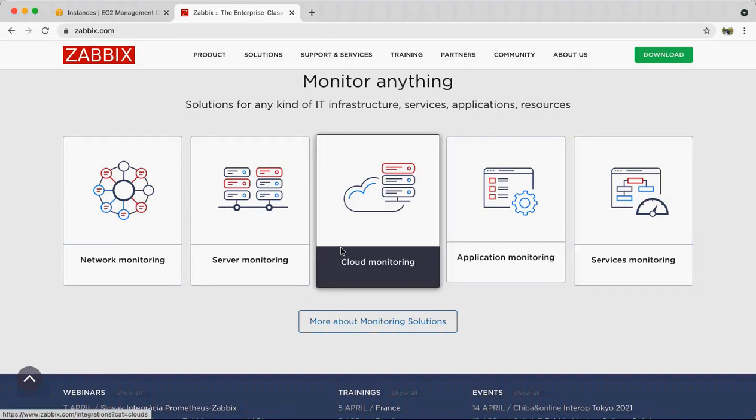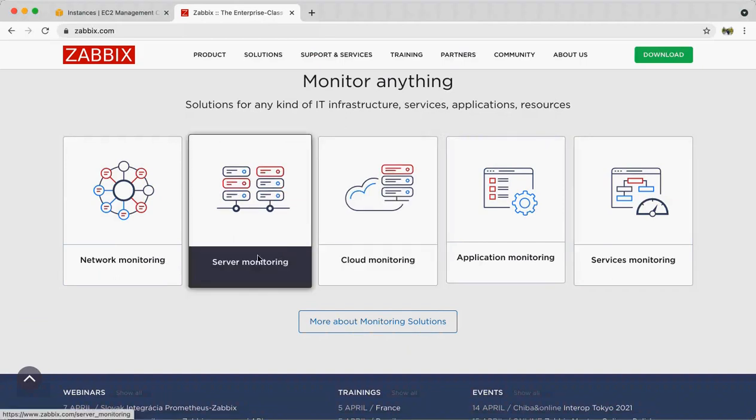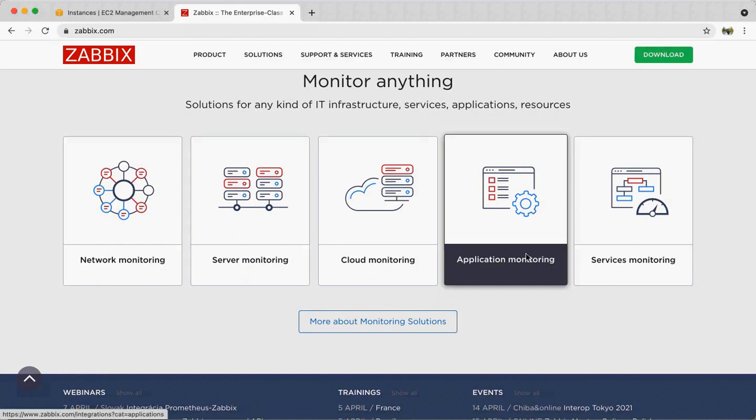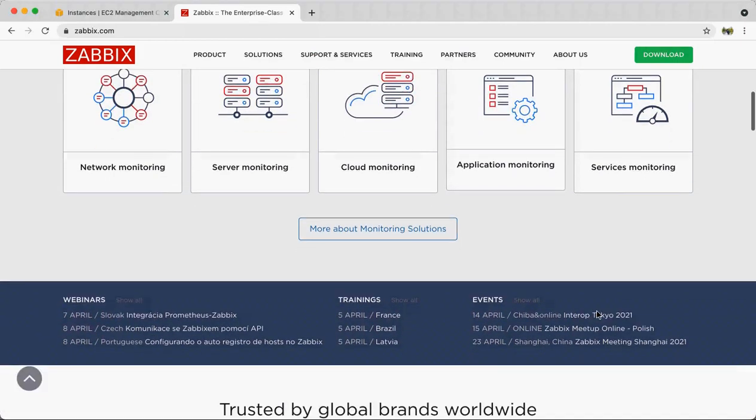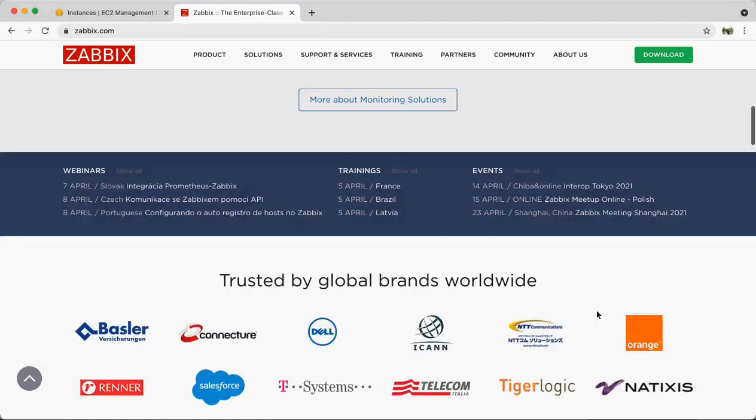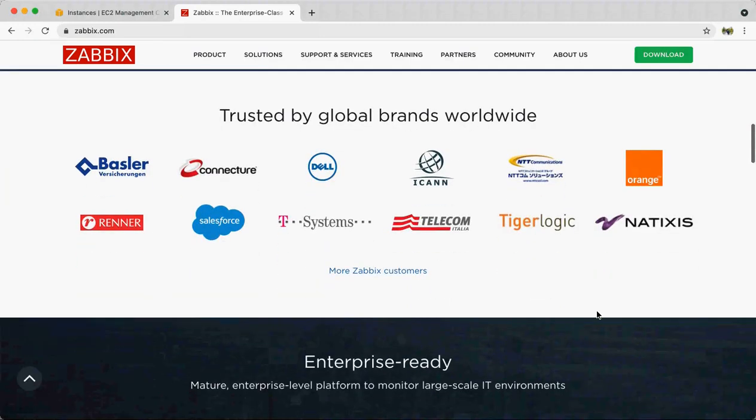It can be used for cloud monitoring, server monitoring, network monitoring, and application monitoring. It also provides lots of KPIs, the key performance indicators, like CPU utilization, RAM utilization, and input/output, IO.